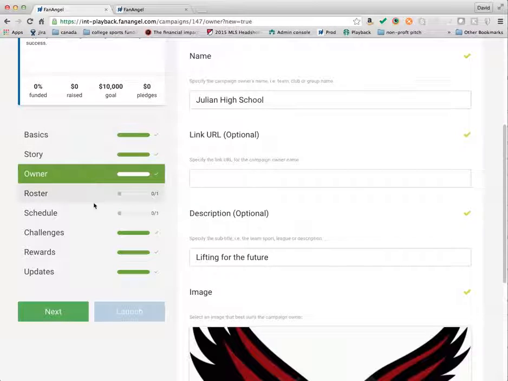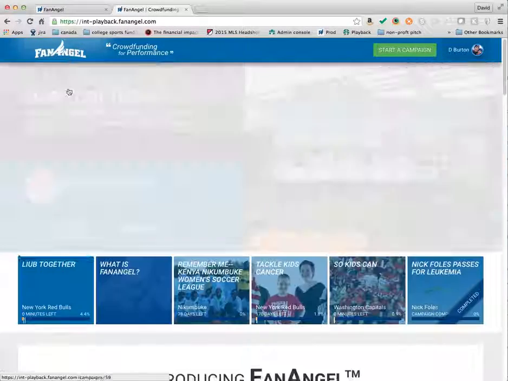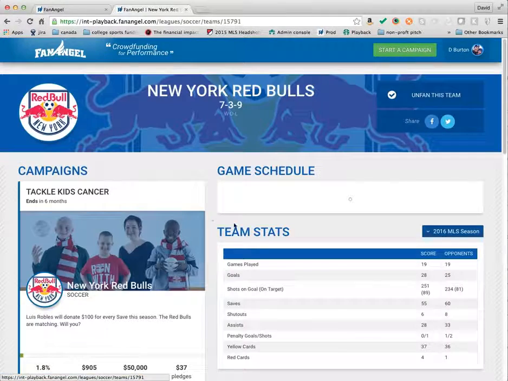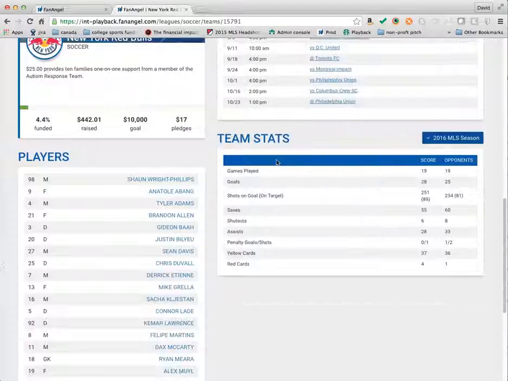And I want to talk really quickly about roster and schedule before we move on. The roster is super important. Not because you can see your roster and you can see your schedule on our web pages, which is nice, which is very cool, and I'll show you very, very quickly what I mean. So here we have a card, a schedule. This is the New York Red Bulls website or FanAngel page. You have linkable player pages. You can go to their stats. And while that's really cool,